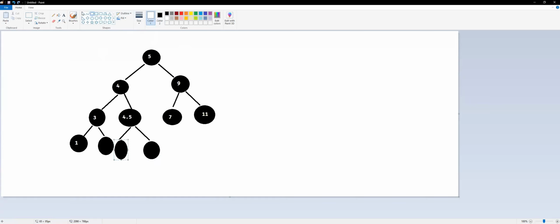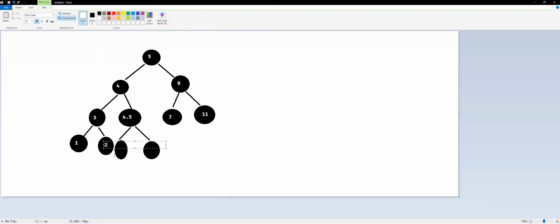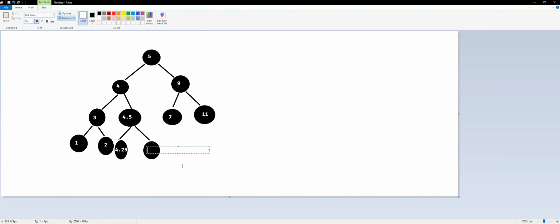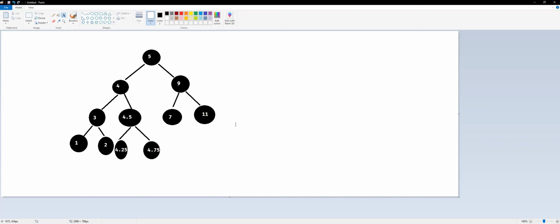Okay, great. And here I'm going to have a 2, and here I'm going to have a 4.25, I guess. And here I'm going to have a 4.75. All right, so assuming we want to delete 4,